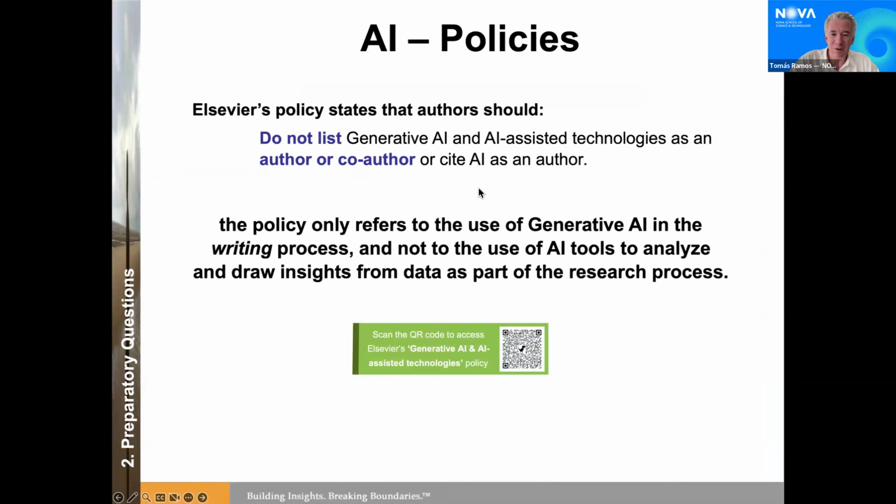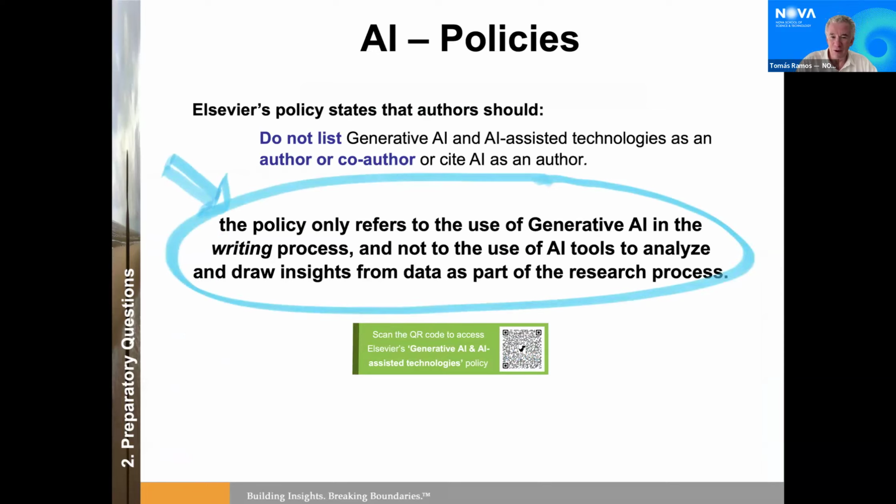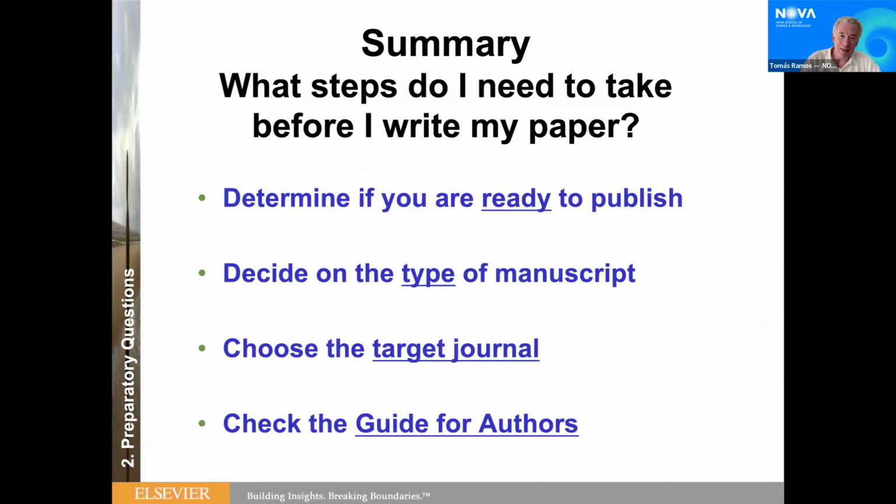So please do not use AI or AI-assisted technologies as a co-author and to generate new knowledge for your paper. Only for the writing process, you are allowed to do that. So in summary, regarding these questions, what are the steps that you and I, of course, need to take before